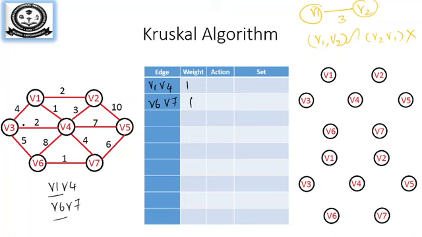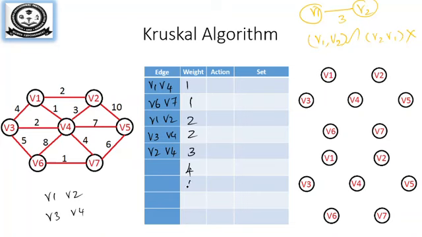The next minimum weight after 1 is going to be 2. So I have two edges of weight 2. Let me write the edges now. You can see it is V1, V2, and the next one is V3, V4. So write it in the form V1, V2, V3, V4. Now the next minimum after 2 is 3. You have only one edge, V2, V4. It is not V4, V2. It is V2, V4.